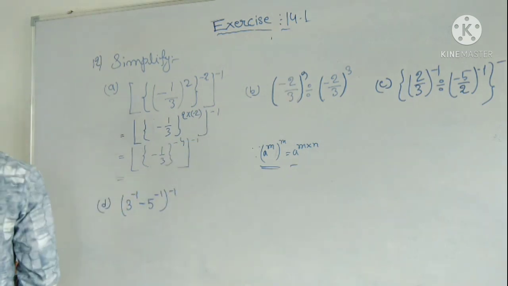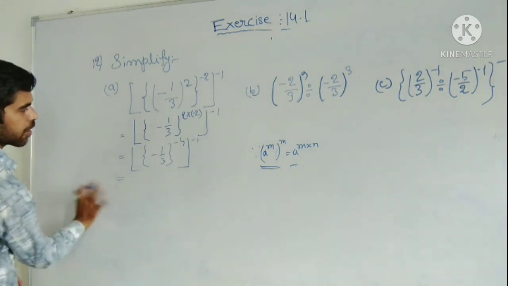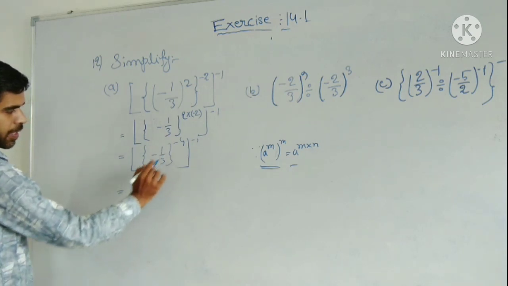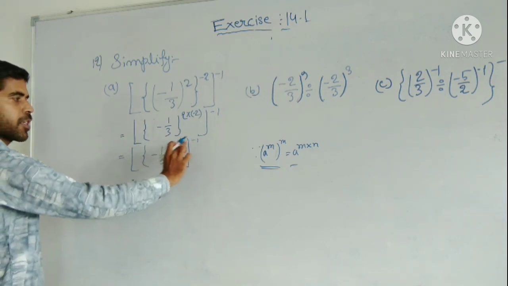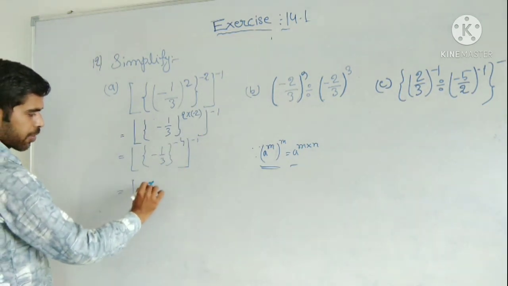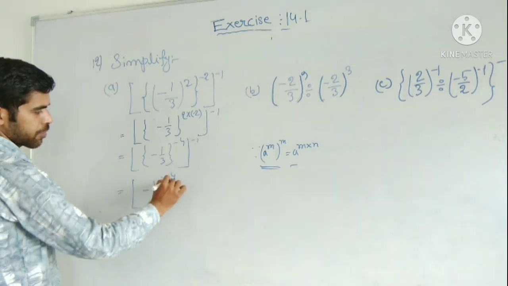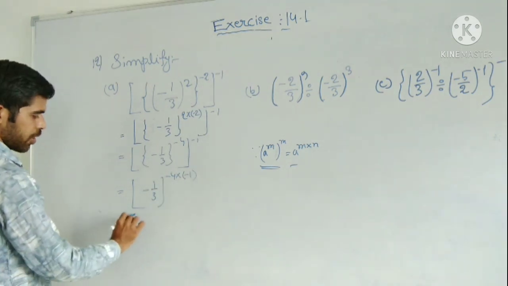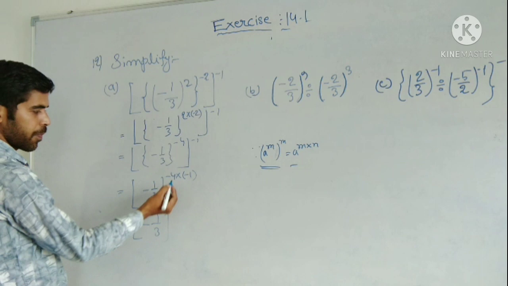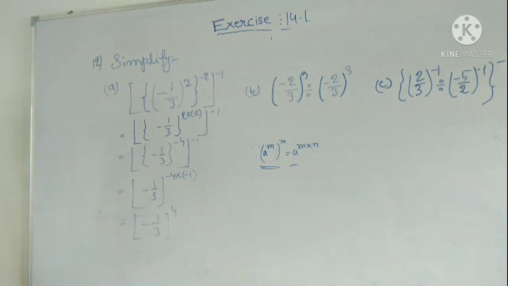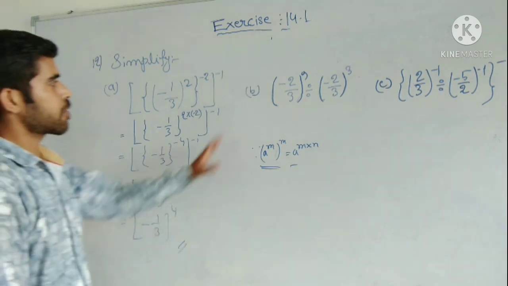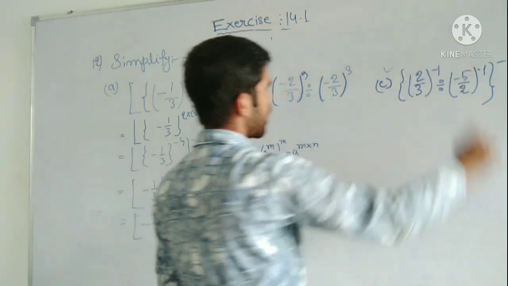So now see afterward, same here: minus 1 by 3, and their exponent is minus 4, and outside the bracket minus 1 is also there. Then again this one will multiply. Now it is 4 into minus 1, so it will be 1 by 3. Now minus minus will be plus, so there is 4, 1 by 4. There is a negative sign, so this much you can write, no problem. So B and C are a similar thing.